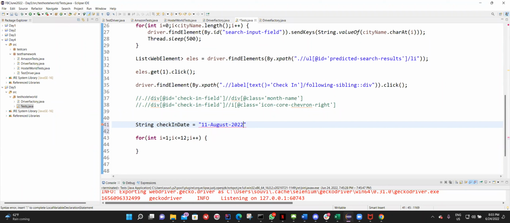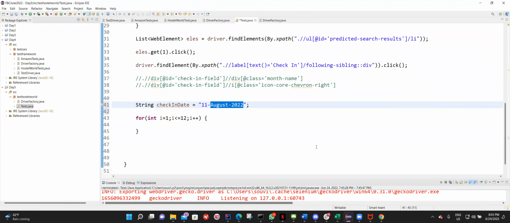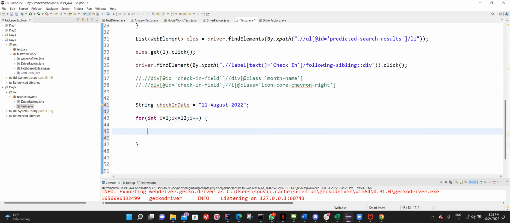2022. Correct? That's my check-in date. Now, what I will do is from the string, I will take only August 2022 and match it with my actual calendar month. How can I do that? Very simple. I can do something like this. I can say, if